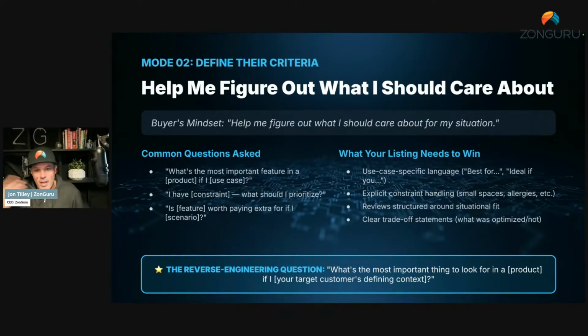So, and then in the listing, you need to use specific language: best for. What is the right use case? What are the different use cases? Think of some of those longer tail keywords that you always wanted to rank for. You need to make sure that you have longer tail signals in your listing, so that Rufus will recommend you